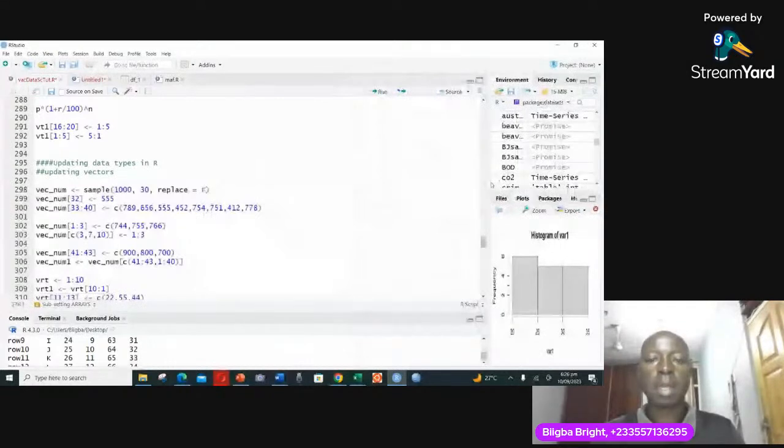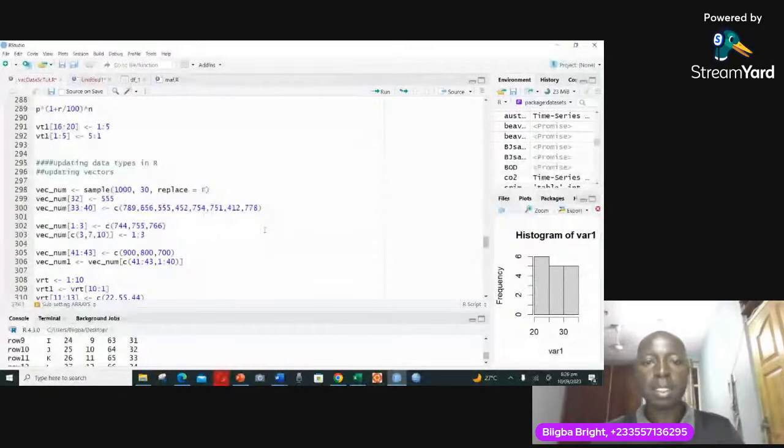So these data types, let's say in an ordinary sense, are data that is seated somewhere, and with some reason you have to update it. In fact, not with some reason, for every data that you have, it cannot just be fixed. You have to update the data. For instance, if this is a staff list, some go on retirement. I need to update the new